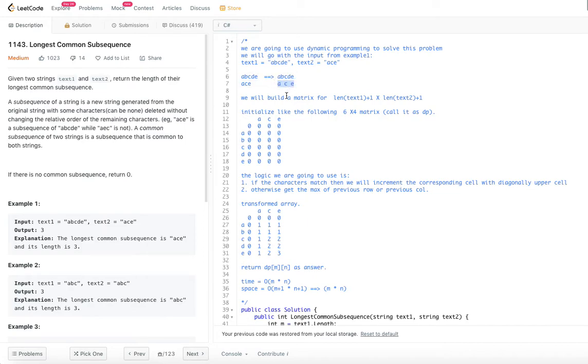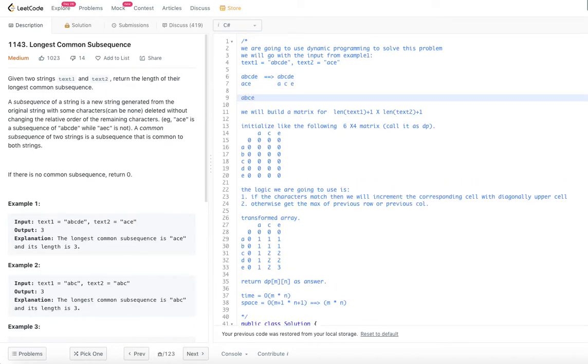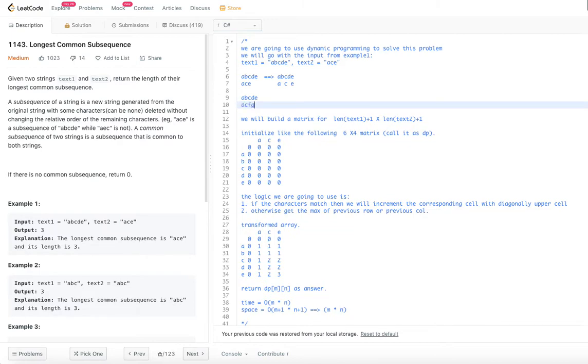In that case, for example, if the first string is ABCDE and the second string is ACF, let's say, and we write it in the same fashion, we are saying A, and we delete B from the first string, and C, and delete D and E from the first string, and F from the second string. So in this case, we should give 2 as the answer, because we are deleting F from the second string as there is no match.